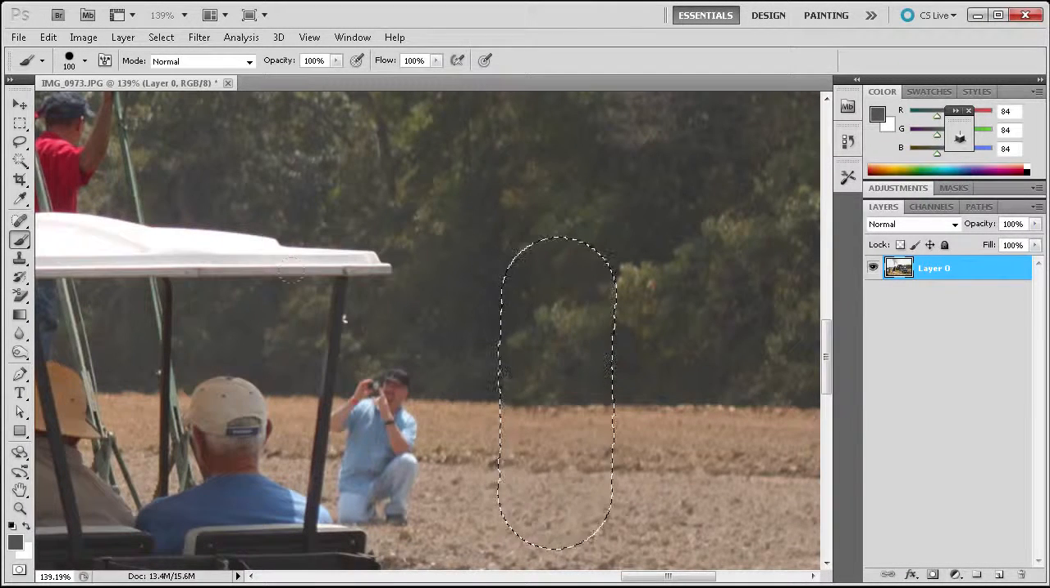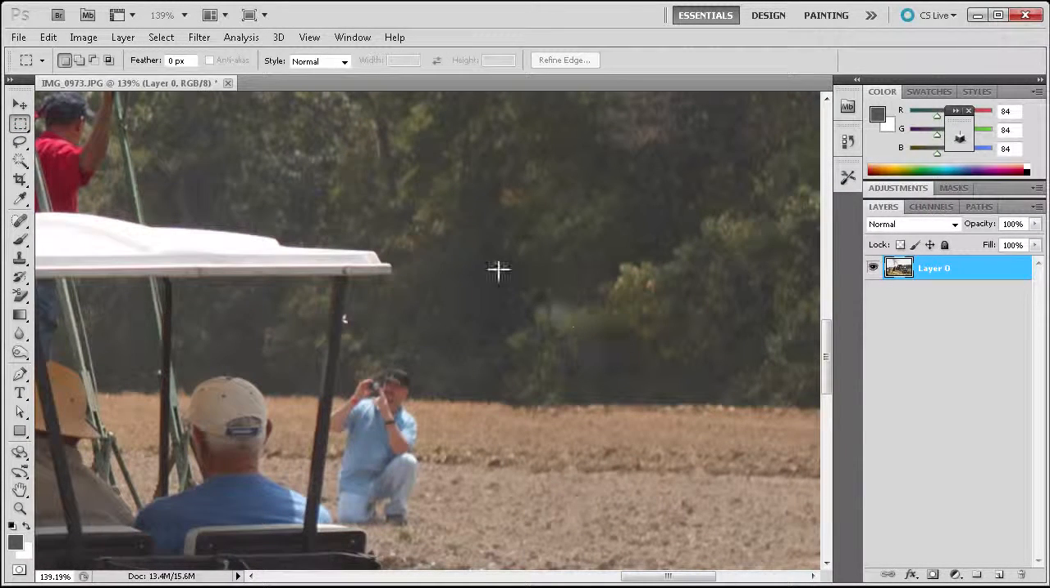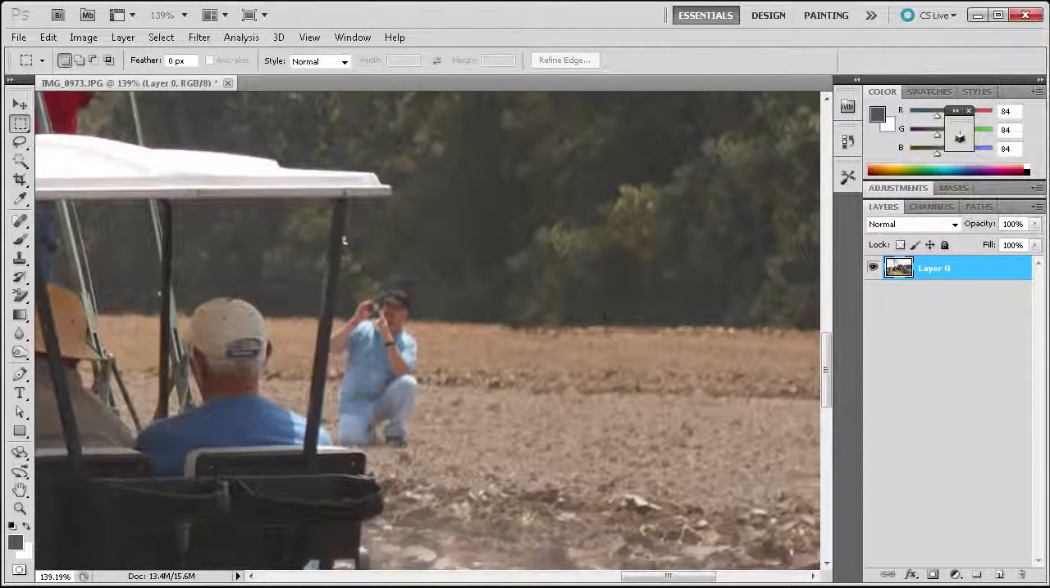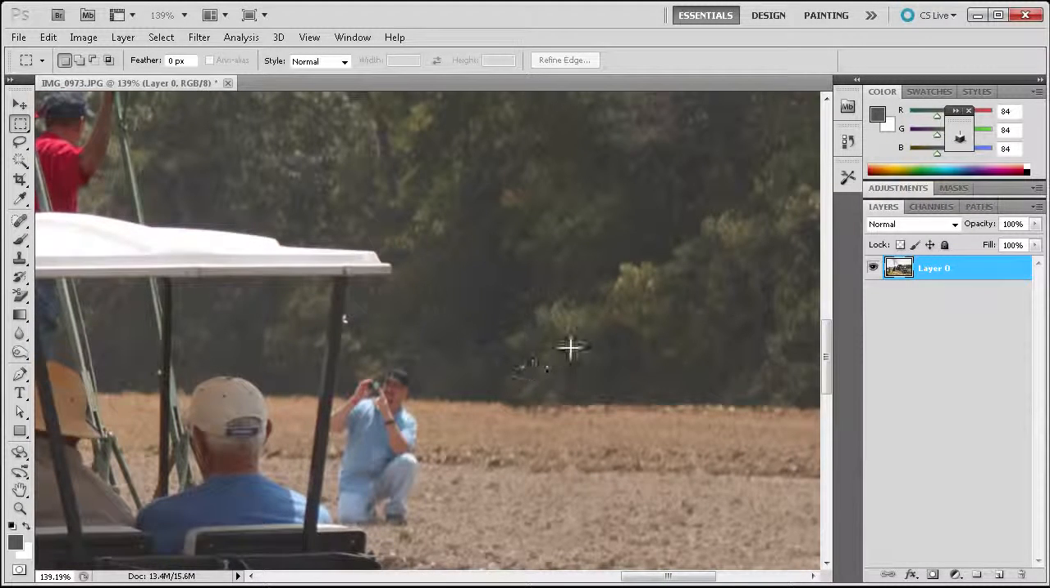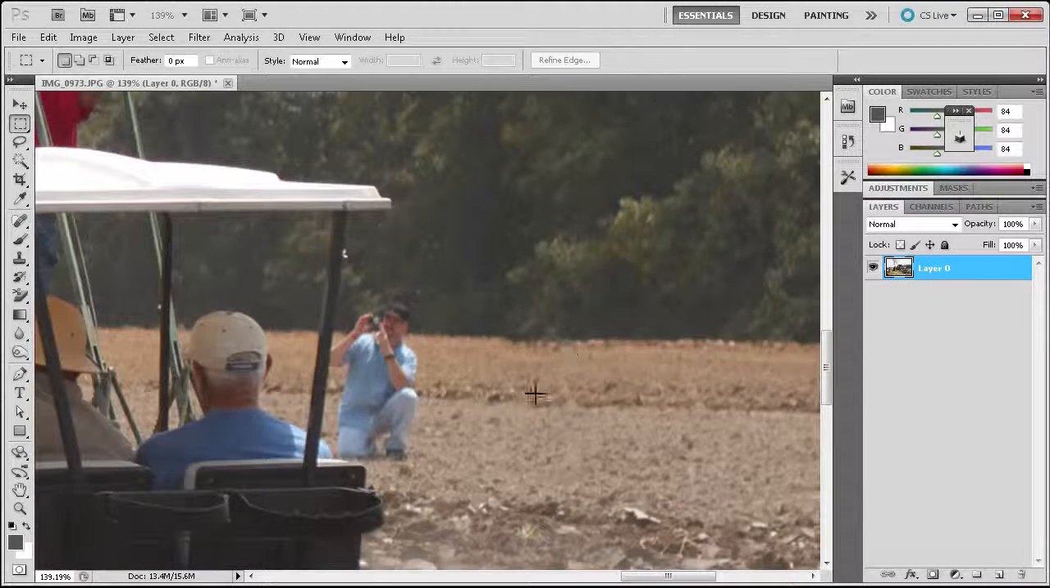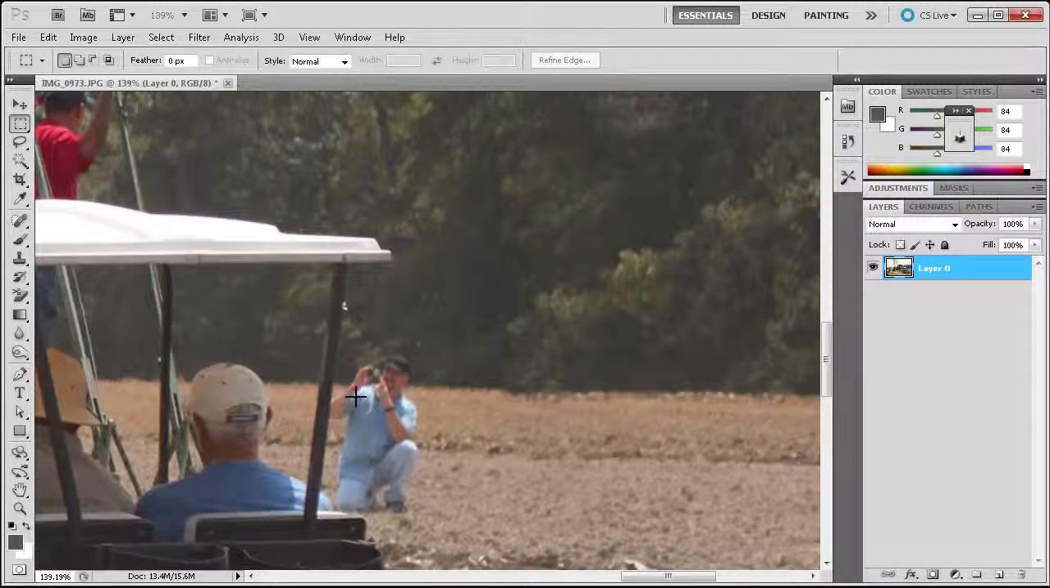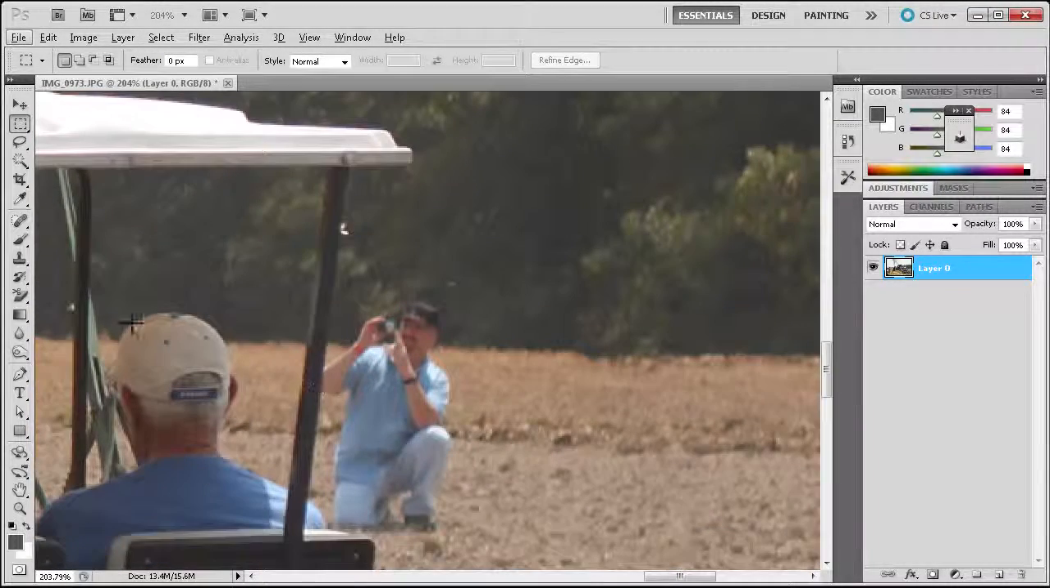So it's going to go through that. Depending on how big your selection is depends on how long it's going to take. And you can see that it did a fairly nice job here. It definitely looks like nothing had happened there, and that the person wasn't even there in the first place. So now we can also take out this guy with the camera, and